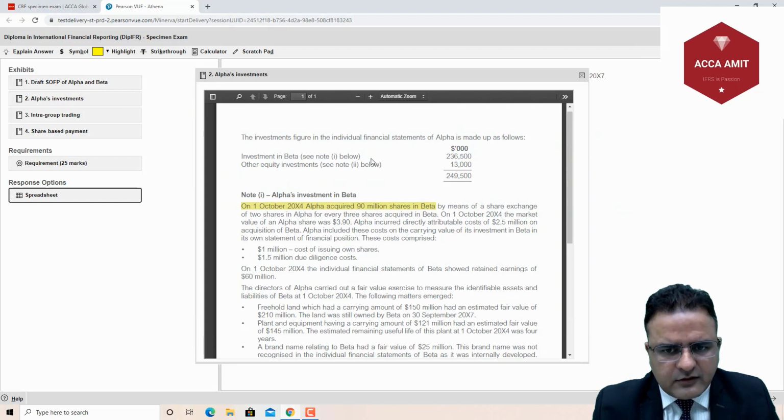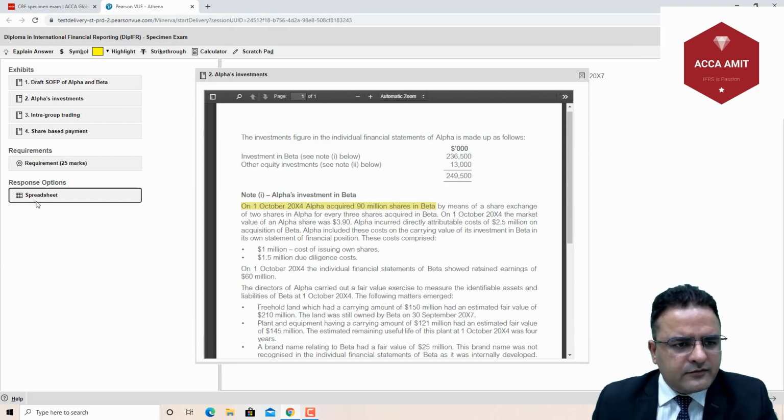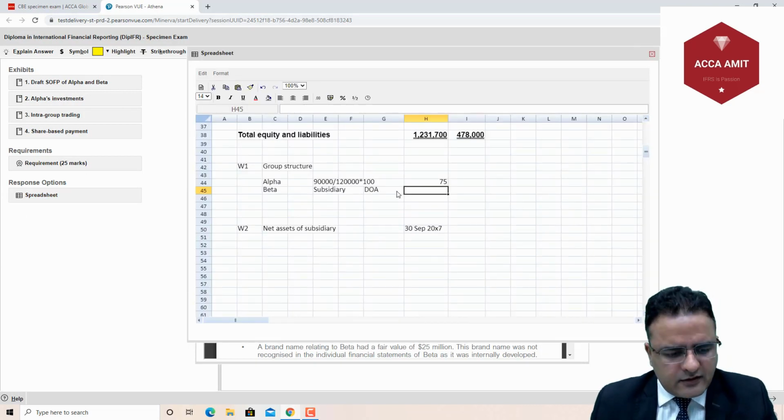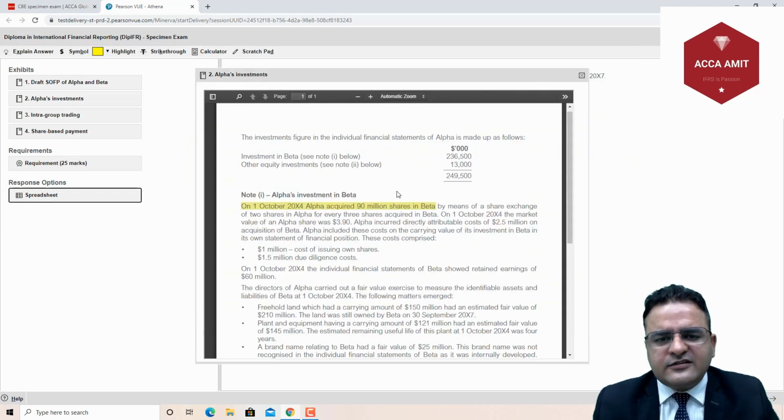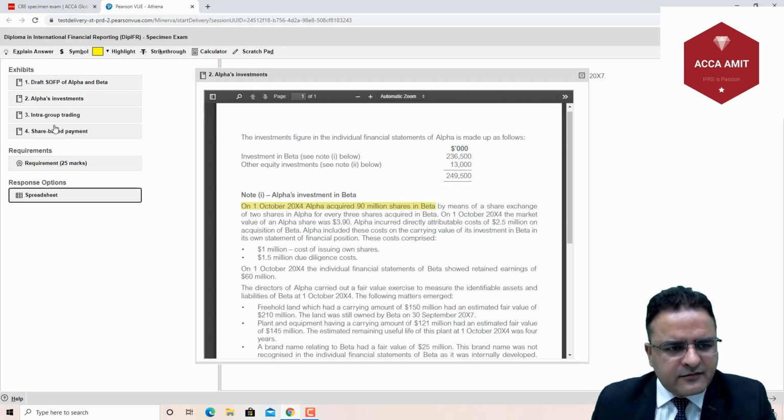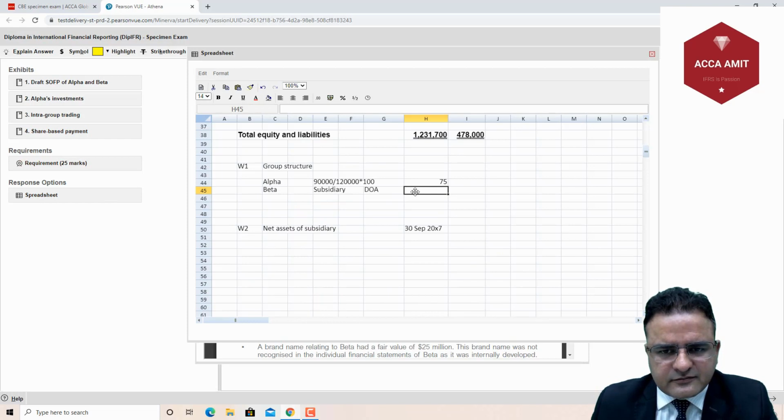1st October. The best part is that even if we close this sheet, whatever we have typed in it gets automatically saved. So that's a thank you sign from ACCA that whatever you have done gets saved and you do not have to worry about saving it again and again. So when I click on this,